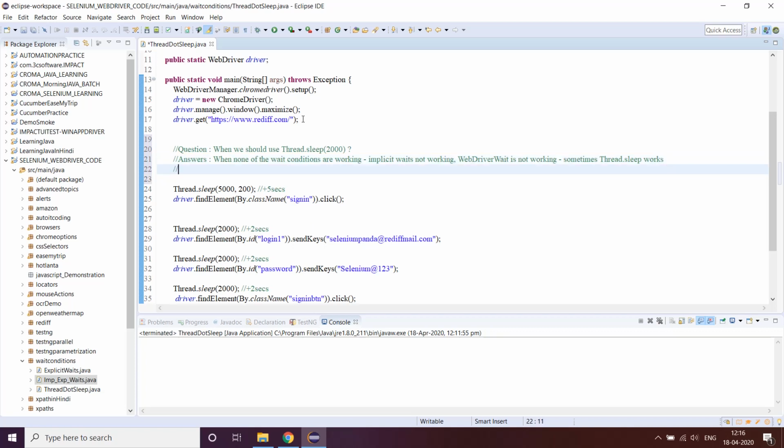And let's say, for example, when you're running your Jenkins jobs, okay, we'll learn Jenkins thoroughly. When you're running Jenkins jobs, what happens is, if you check the output reports, sometimes they fail, and the reason for failure is timeout exception.